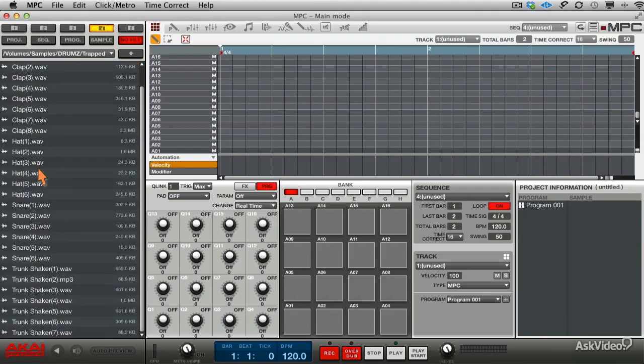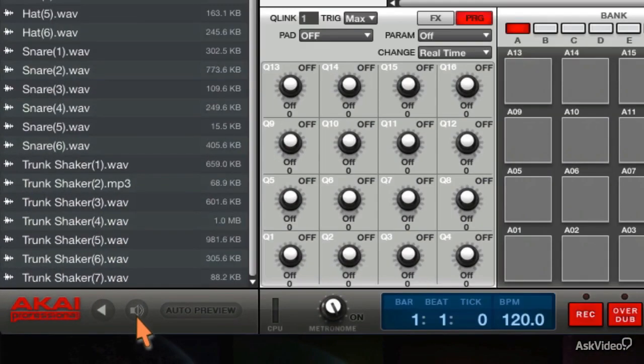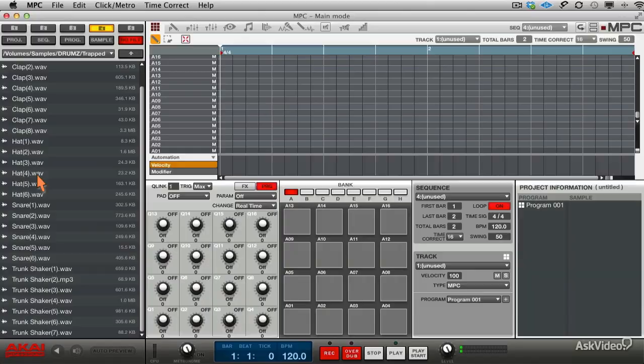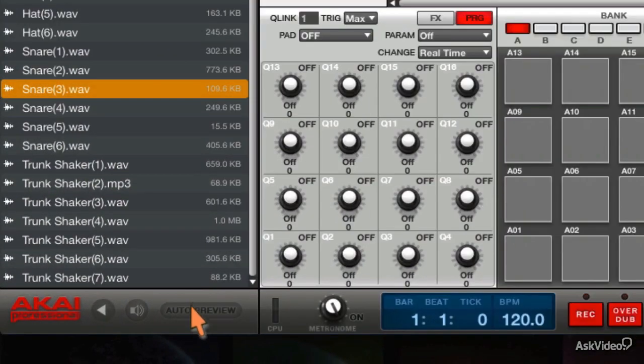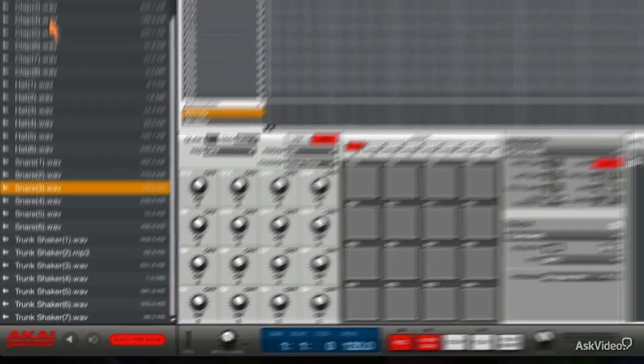Here I have a collection of all these different drum sounds. It's not too many. And we can audition these in a couple of different ways. If I hit this little speaker here, then whatever sound is selected, you can hear it. But if I put it on auto preview, then whatever sound I click